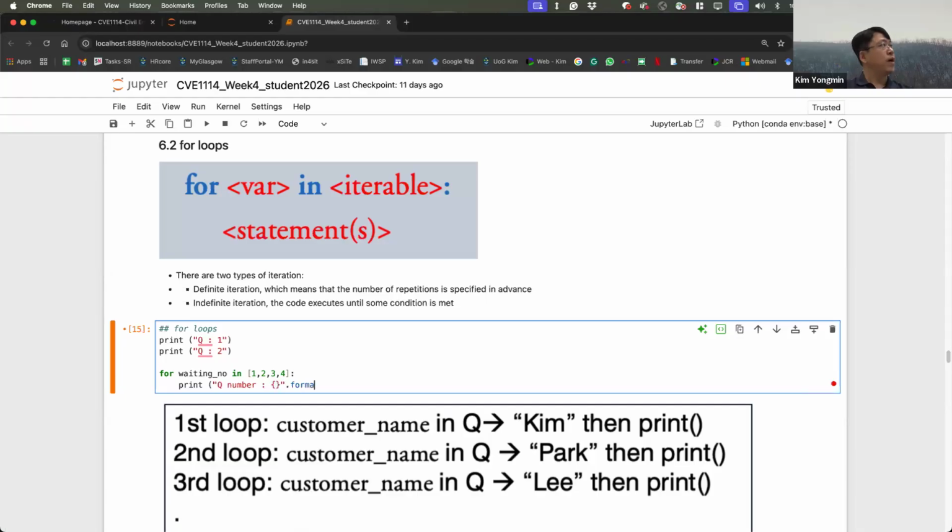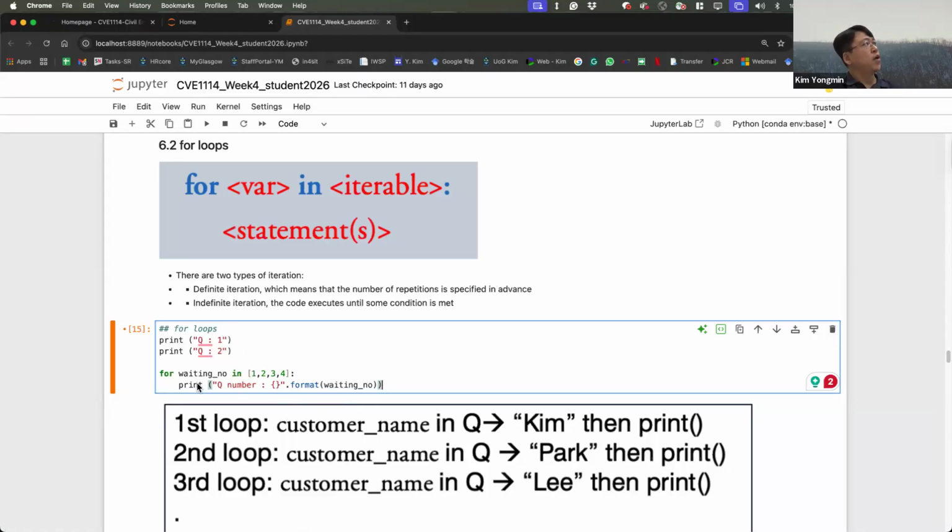Dot format waiting number. This waiting number is in here, probably 1, and then print Q number 1. Because waiting number is 1, 1 goes to here and goes to here.